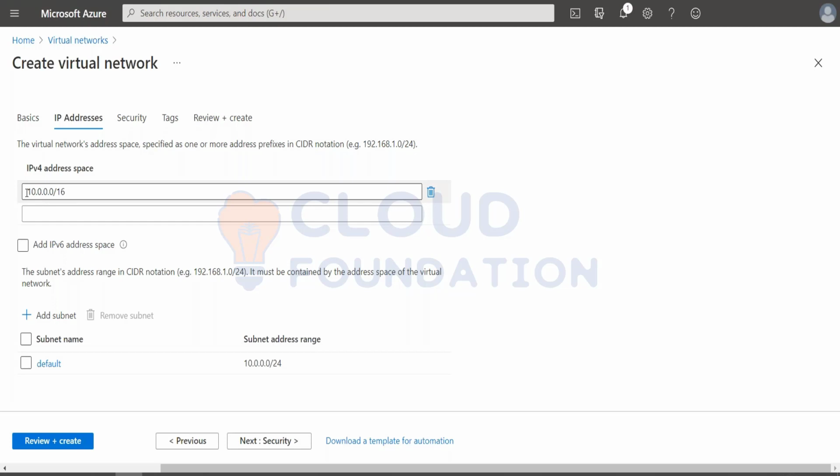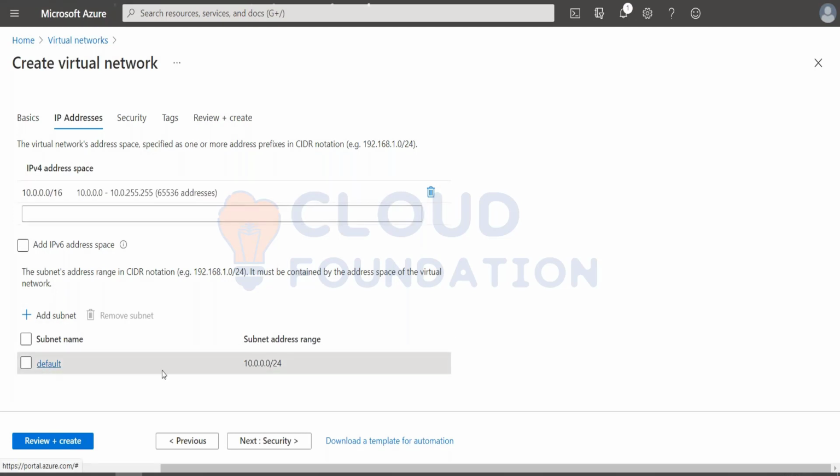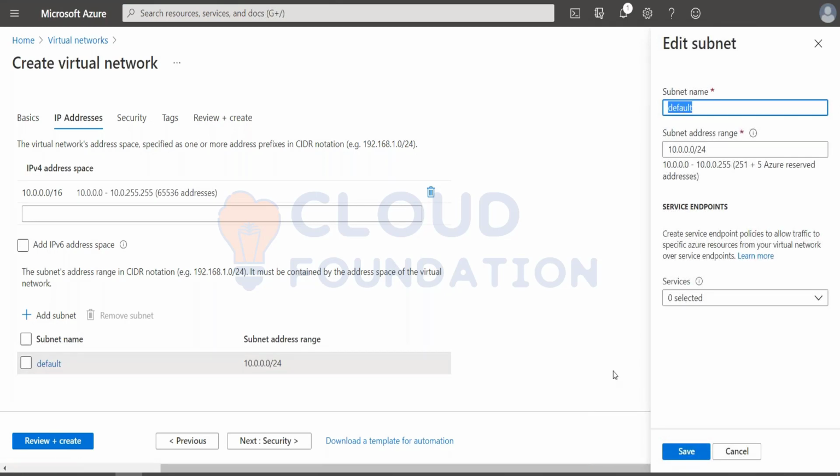So here, if you see, this is the address space that we have, 10.0.0.0/16. Now this address space has above 65,000 addresses. So you will have a larger address space. Within that, you create your subnets. By default, when we create our virtual network, it has a minimum of one subnet over here. Let me rename the existing one and give it the name web subnet. Let me keep the range as it is,